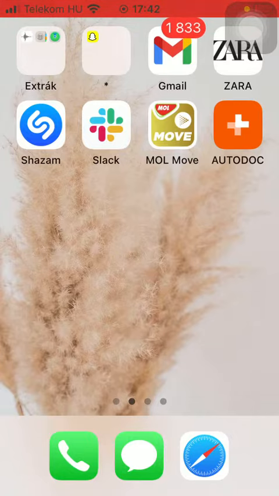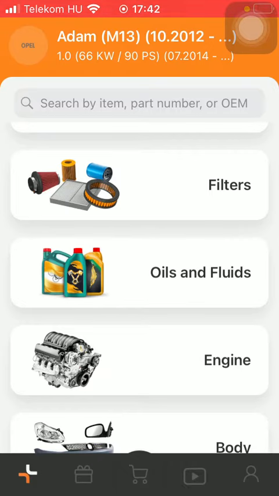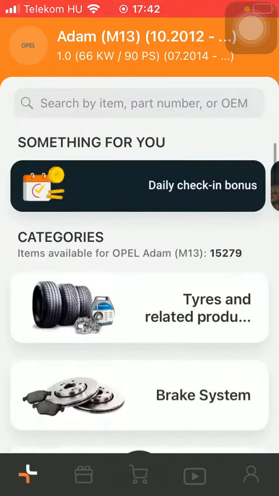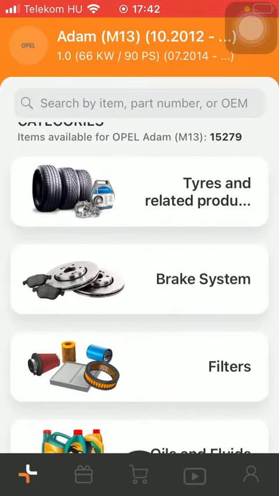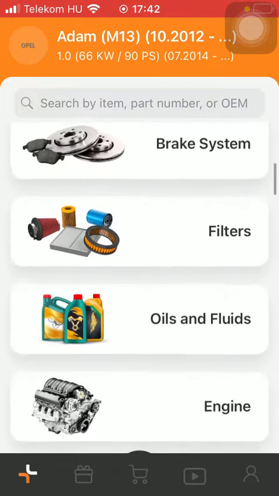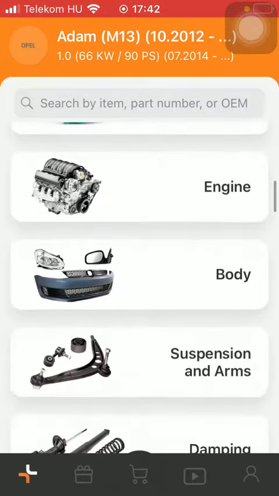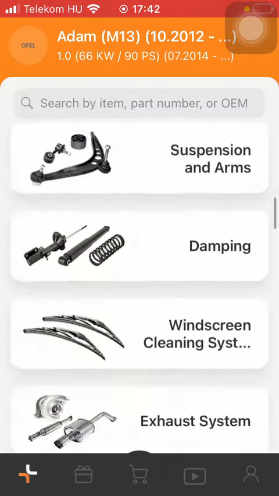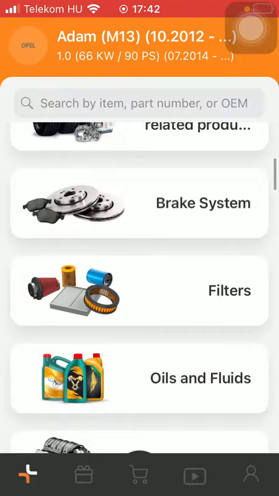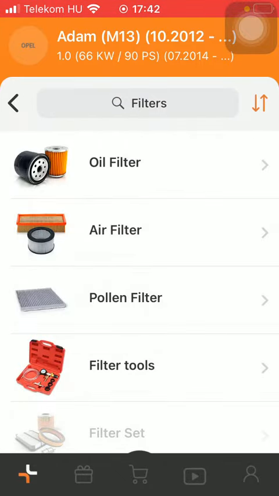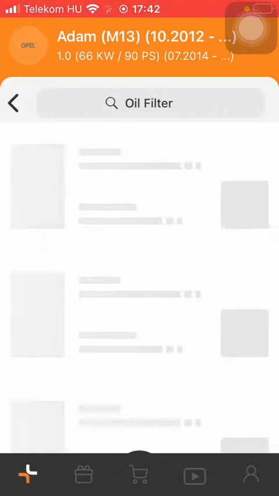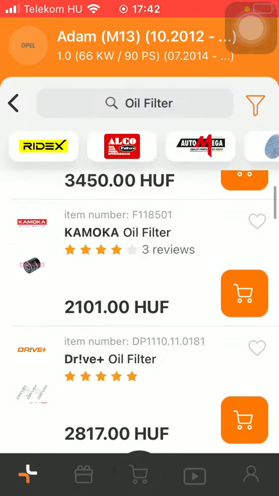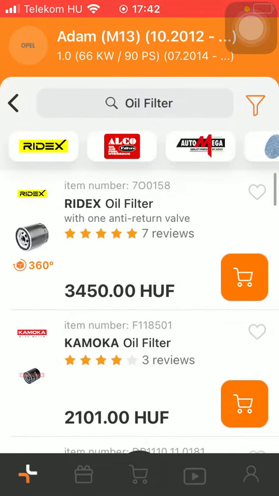First of all, open the app on your phone. After that, you should tap on the plus icon and select a category from here, such as tires and related products, brake system, filters, oils and fluids, engine, body, suspension and arms, and so on. So click on the relevant one that you are interested in, and then you should select one of these options, these subcategories. And if you want to further narrow down your search, click on this filter button in the right side at the top,